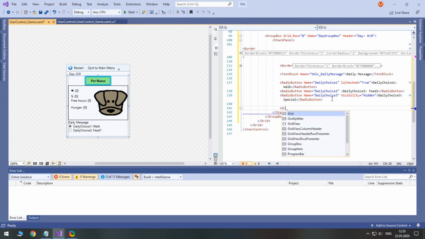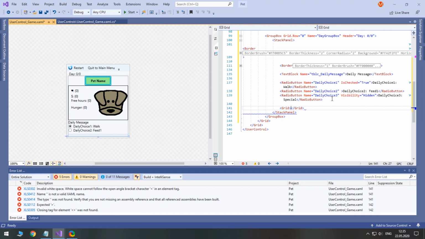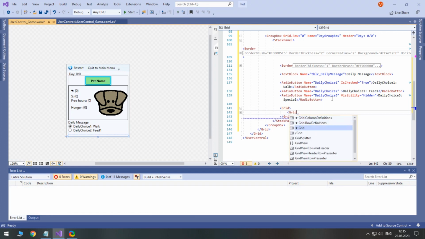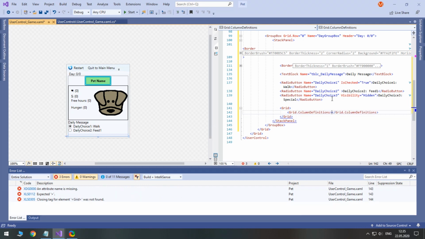Now let's recreate the grid for items. We will have 4 items, so we need 2 columns and 2 rows.